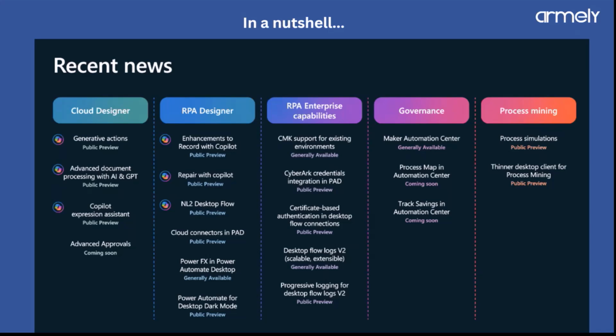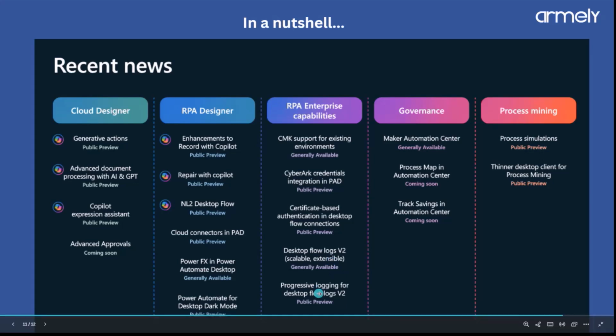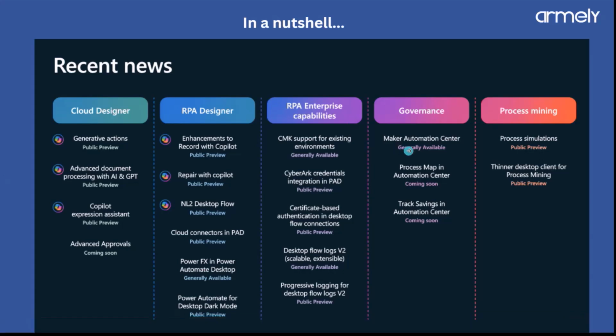And then we have the desktop flow logs V2, which is already in GA. So these are the advanced logging features. And then progressive logging, we talked about this, which is the real-time logging enhancement where you can track in near real time. And then when you go to governance and compliance, the automation center, we had a look at this,